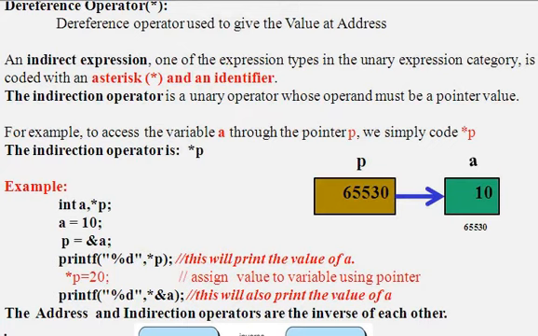Whenever you want to access the address of a, you can use p. Whenever you want to access the value of a, we can use *p. Look at the second printf statement, *&a. &a is the address, and preceded by the star symbol it will print the value of a.